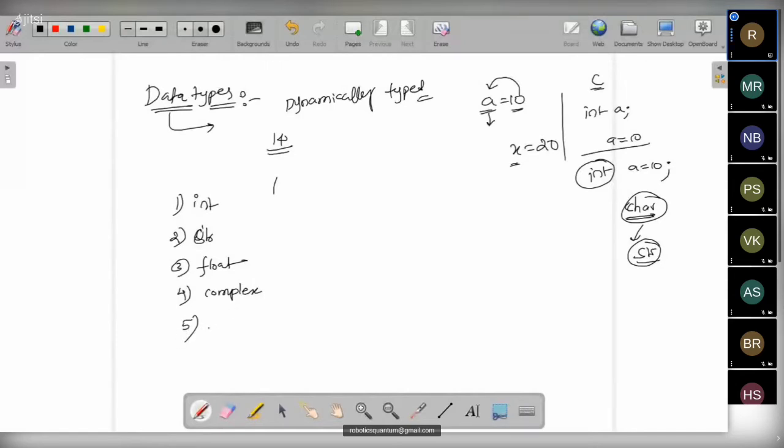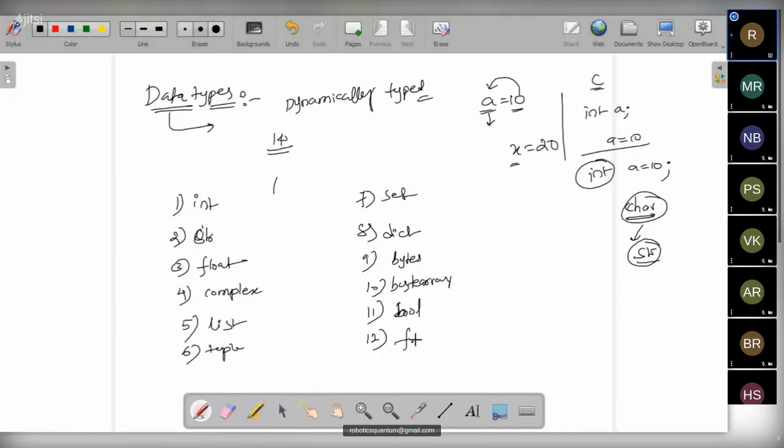Next one we have list, next one tuple, next one set, next one dict, the dictionary, and then bytes, next one bytearray, next one boolean data type, then frozenset, then next we have None, and the final one is the range data type.